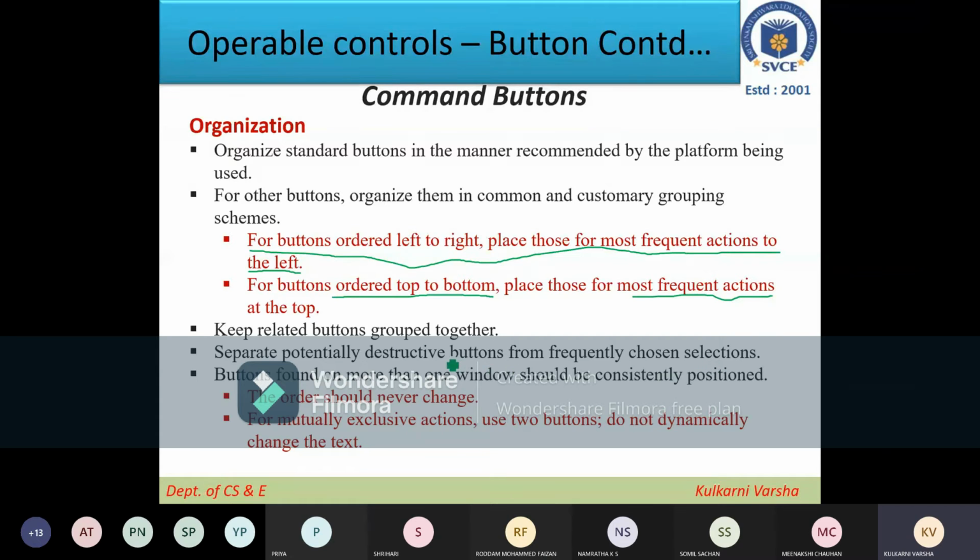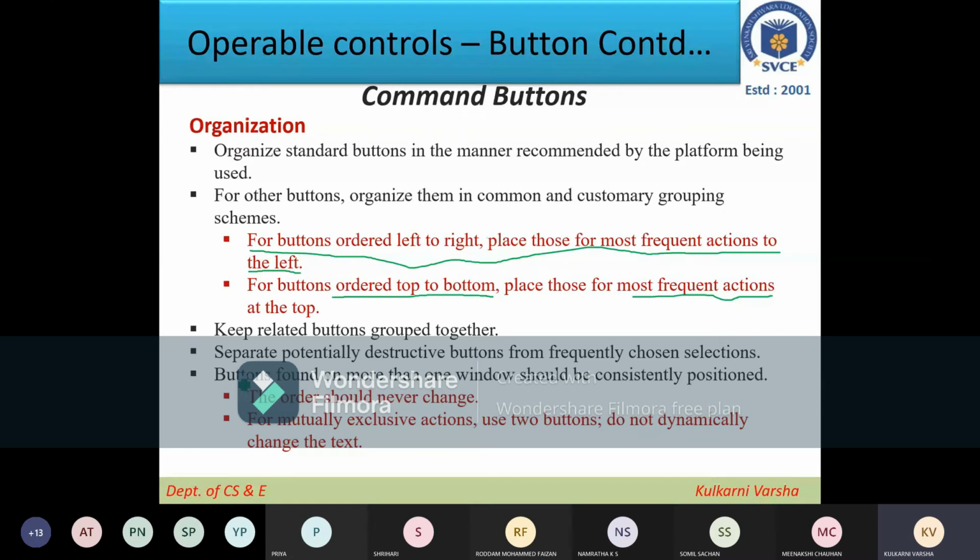Potentially destructive buttons means exit. Sometimes we just exit without saving, right? Sometimes there can be a button which says stop or close. All such actions, which can happen by mistake or unknowingly, should be separated from the frequently chosen selections.